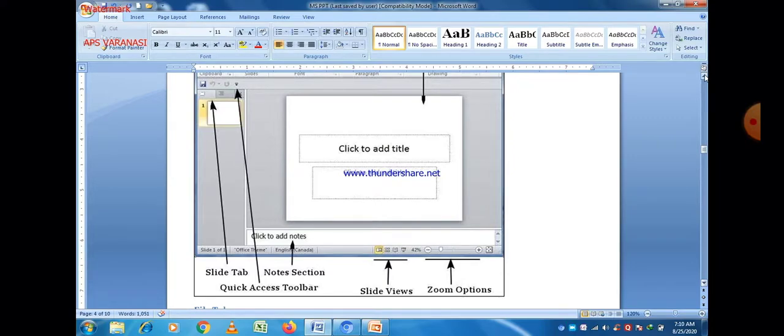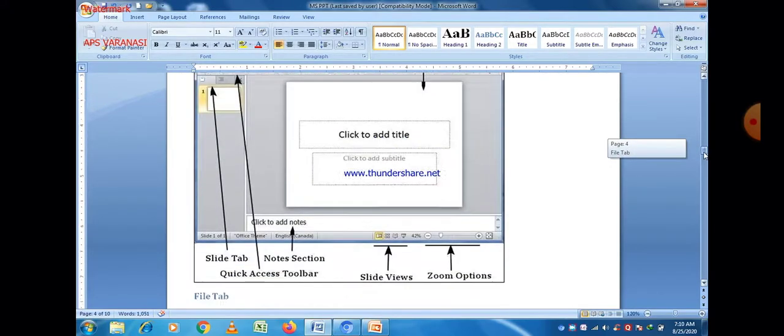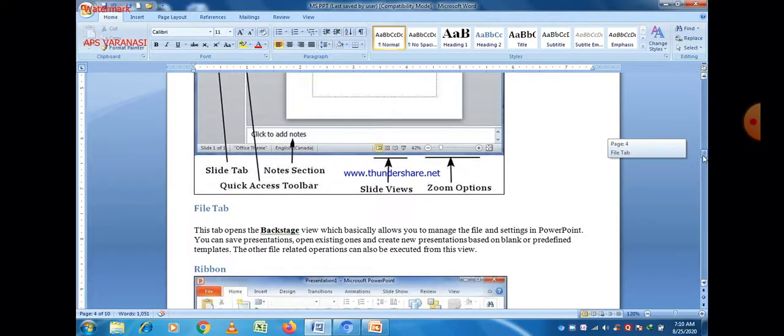Basically these are in the upper part of the slides. This is the quick access toolbar, first arrow, and then the second arrow on the right hand side gives the slide tab.